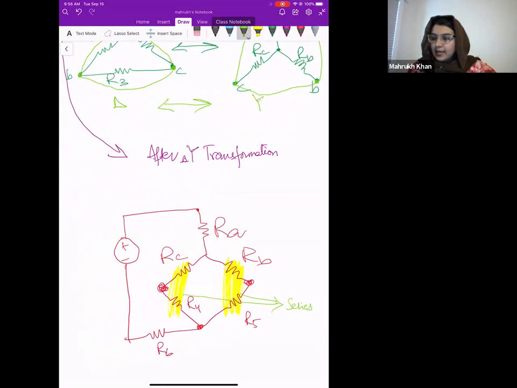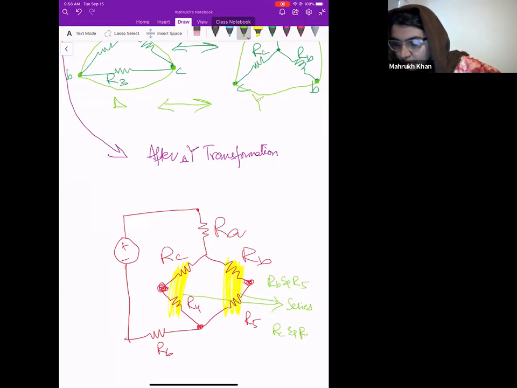Right? But these are series: RB and R5 are in series, right? RC and R4 are in series, but they are parallel to one another because they have this node,